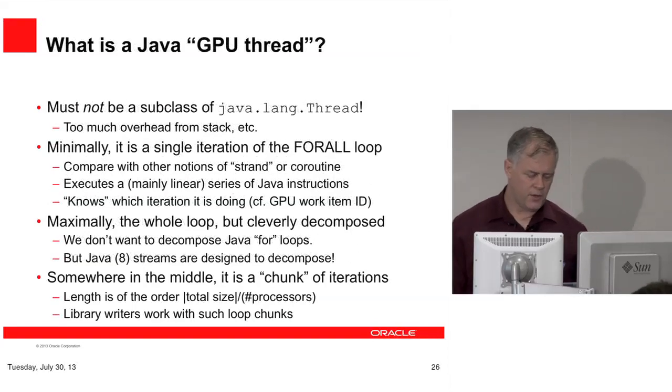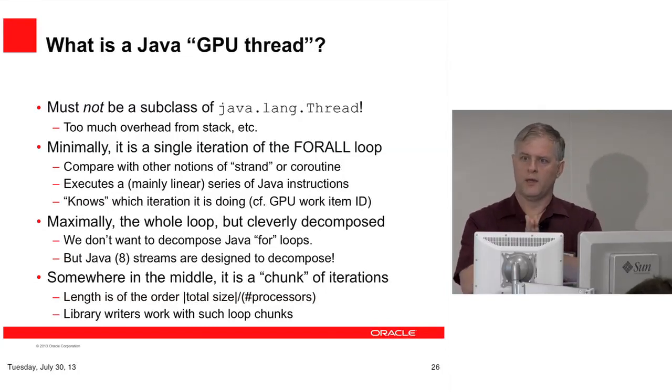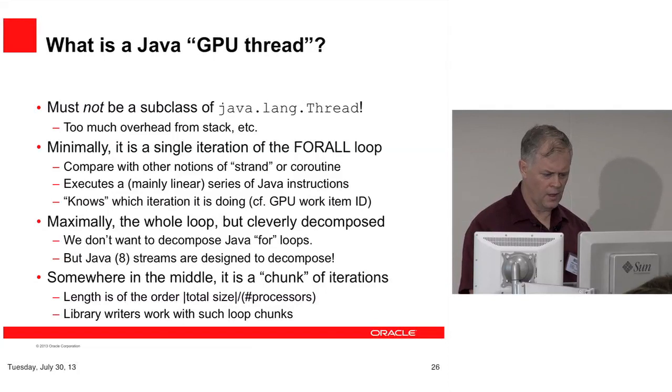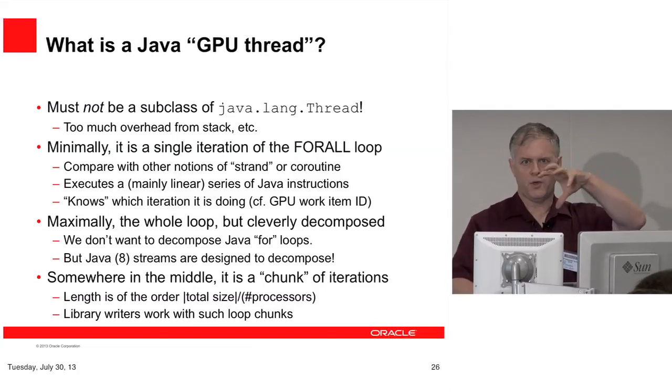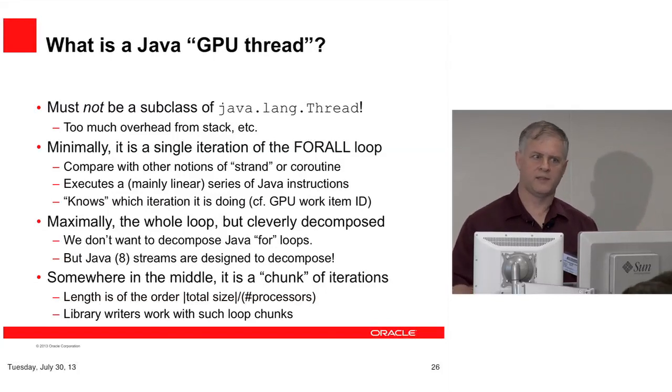So a little bit more. What's in a Java GPU thread? Well, it's not going to be a subclass of thread, and there's just too much system stack for starters. Minimally, it's what the for-all loop executes in one iteration. So what's that? Well, that's a piece of code, a stream of bytecodes. That's good. And it's an iteration variable instance. Well, that's interesting. So your thread could be a 32-bit int. That's pretty cool. In any case, your GPU work item has to know what its task ID is. And that sounds familiar too.